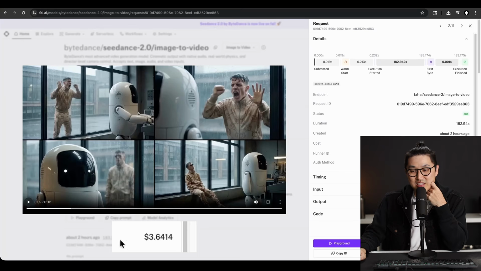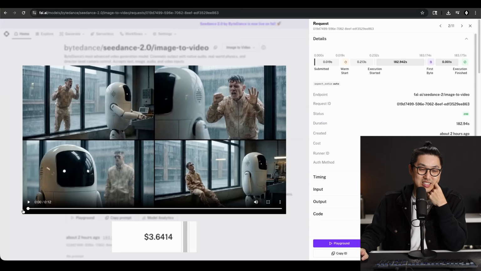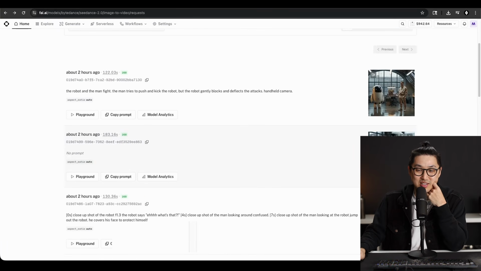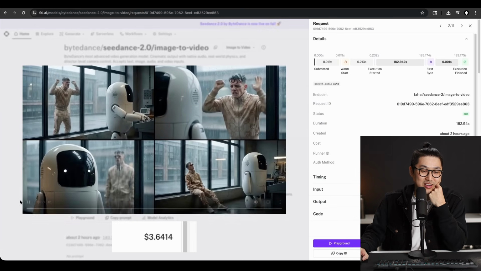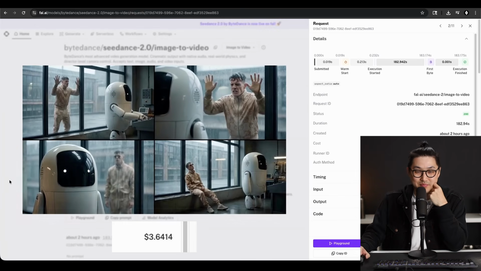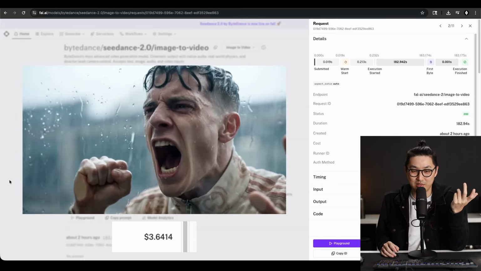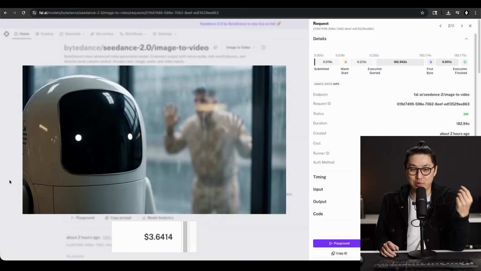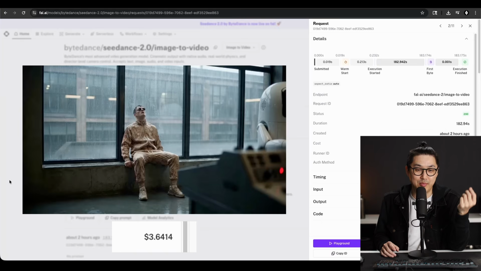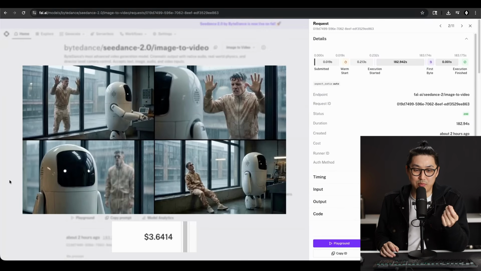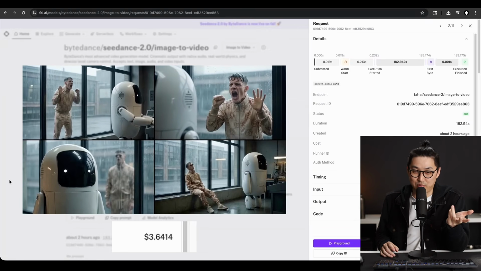This is 12 seconds, and it was $3.60. Oh, I lost it. Let's go back to it. Here it goes. So I'll play it from the beginning here. So at first, it's animating all the frames at once. Interesting. But then it automatically is up-resing the shots, animating them, and then putting them into one edit. It doesn't 100% match the storyboard, but overall, really impressive.